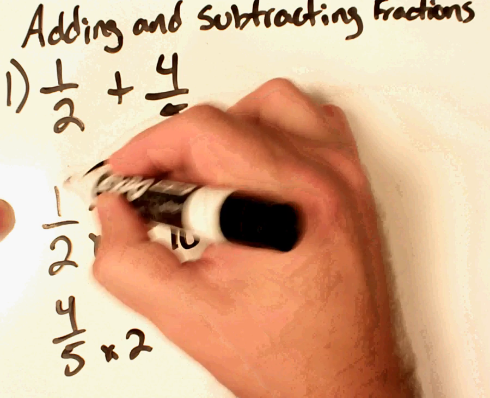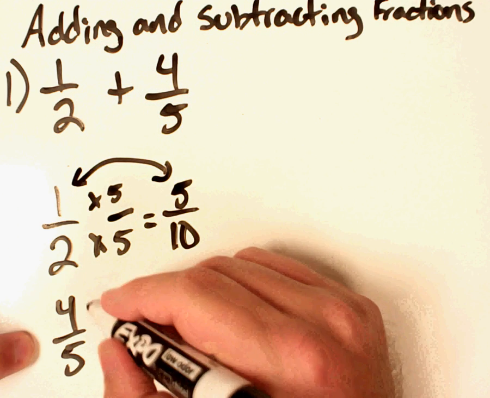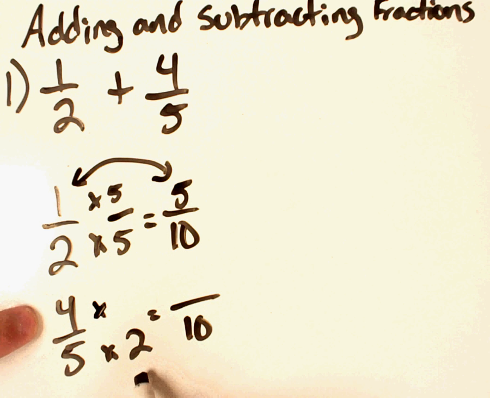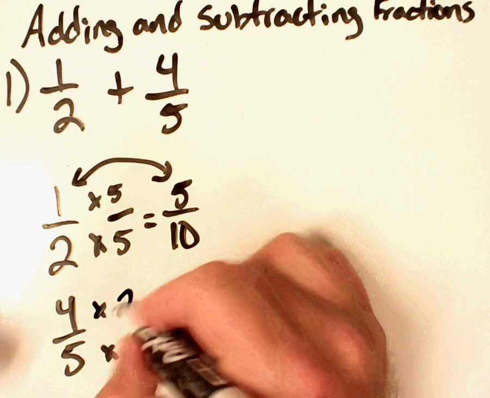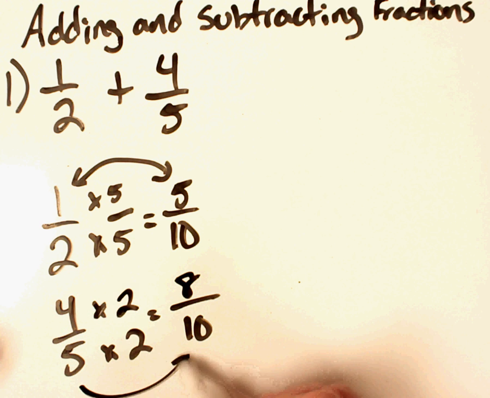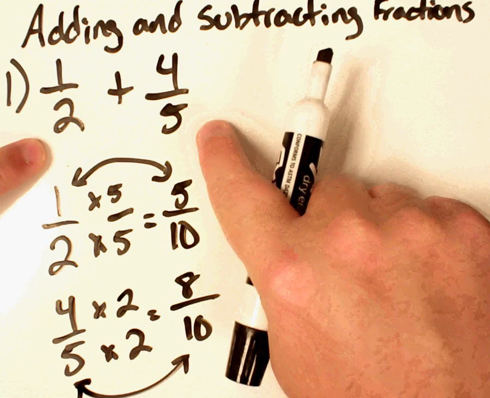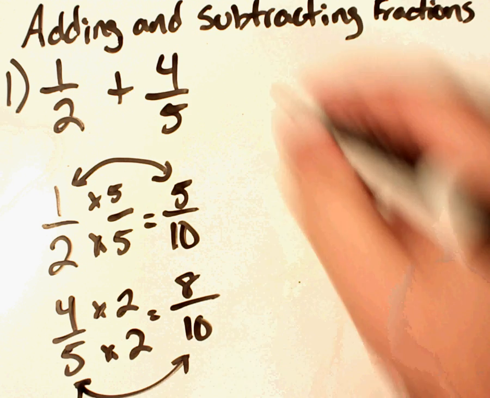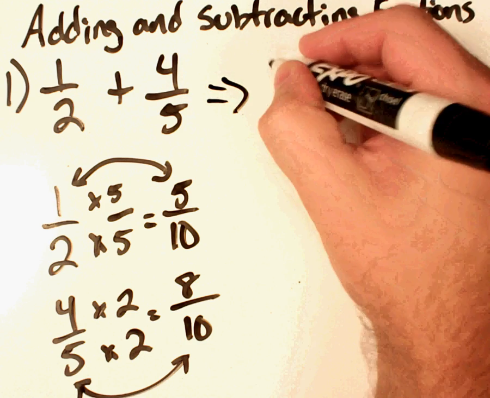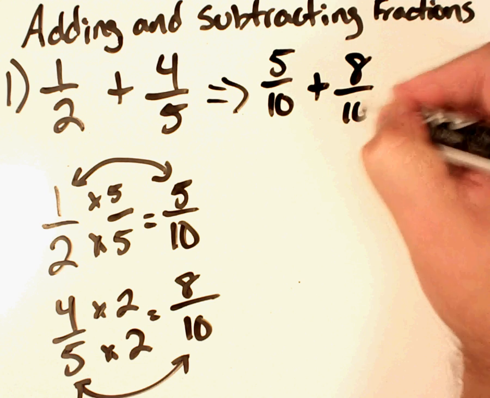And so these two fractions, my 1/2 and my 5/10, are equivalent to one another. Okay, let's do the same thing to the bottom. So again, whatever I multiplied the denominator by, I must also multiply the numerator by. And so I end up with 8/10. And just as we did before, my 8/10 is equivalent to my 4/5. And that's all we've really done here, we've just found equivalents for 1/2 and 4/5, so we can actually do the math. So my problem rewritten would be 5/10 plus 8/10,